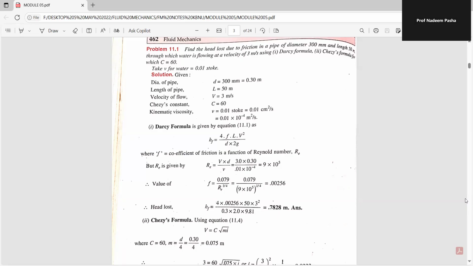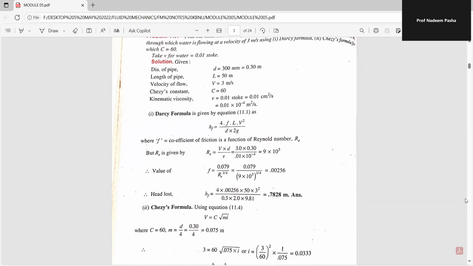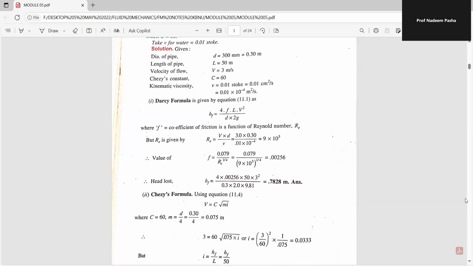So the SI unit for head loss is meter. Now using Chezy's formula, for which C is given as 60, M is equal to D by 4. So 0.3 divided by 4, if you do, it comes out to be 0.075 meter. V is equal to C into under root MI. V is 3, C is 60, M is 0.075 into I. So if you do the calculation, it comes out to be